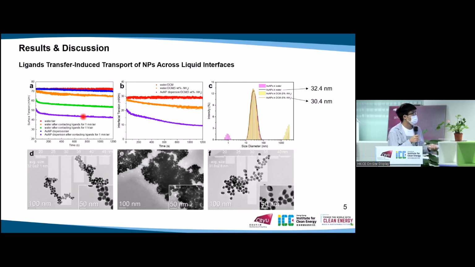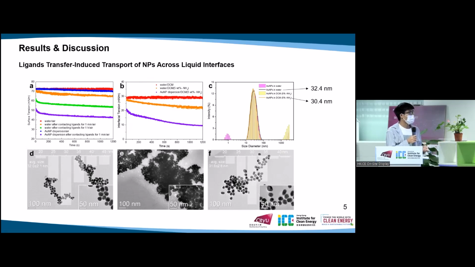And the interfacial tension measurements give some more direct proof of this ligand diffusion behavior, by the reduction in the IFT values of both water and the gold nanoparticle dispersion when they contact with the